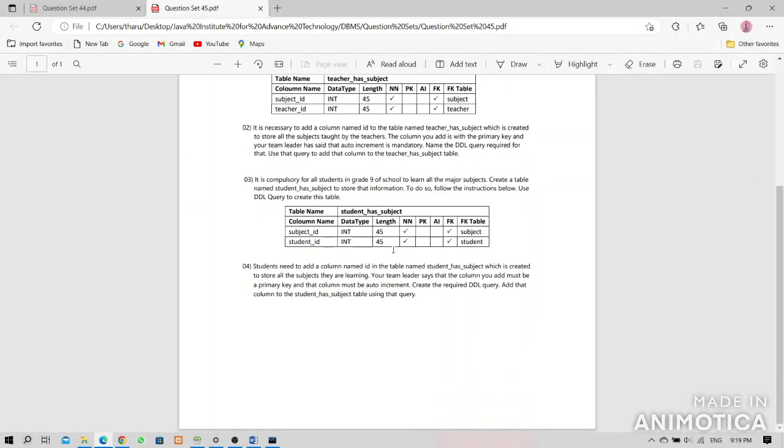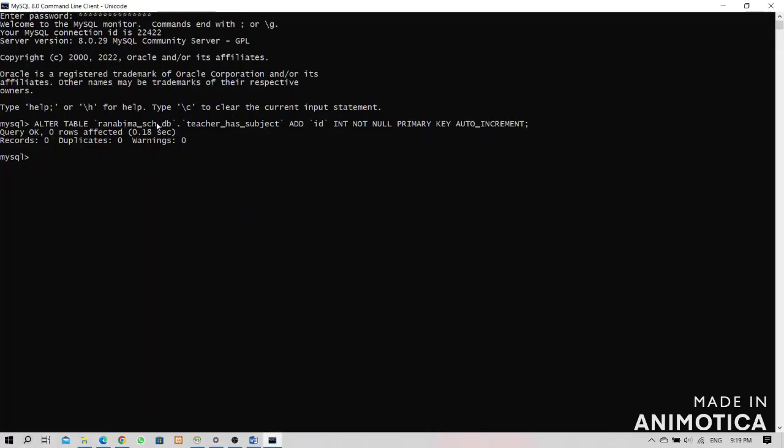It is compulsory for all students in grade 9 of the school to learn all the major subjects. Create a table named student has subject to store that information. To do so, follow the instructions below. Use a DDL query to create this table. Okay, now we have to create this table, student has subject. So here we can write